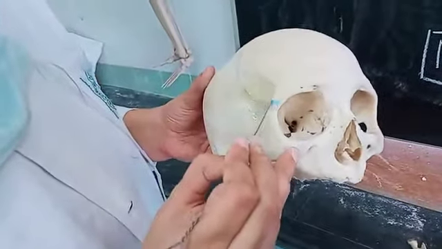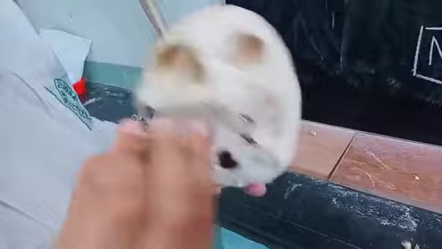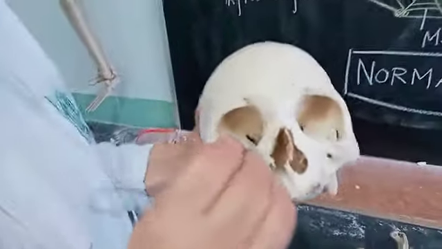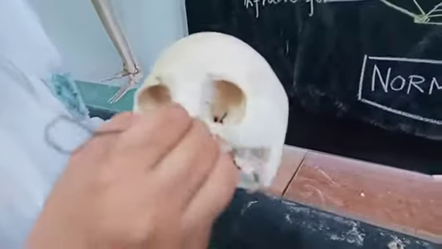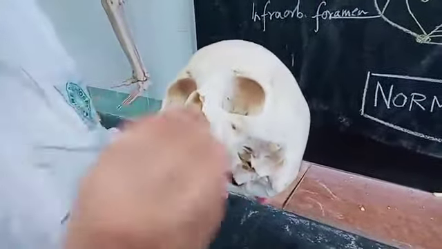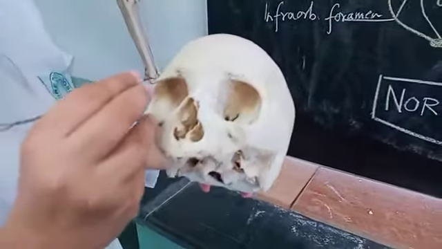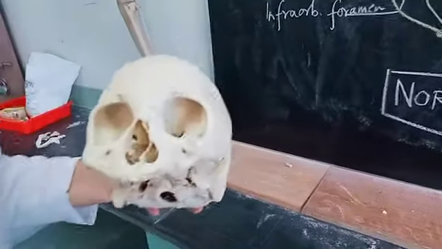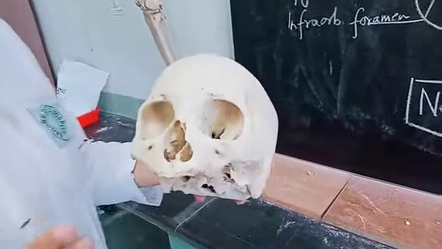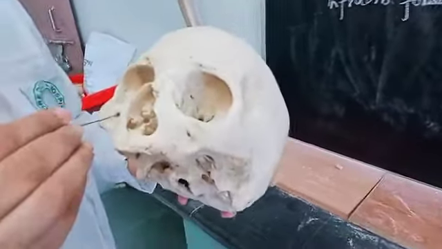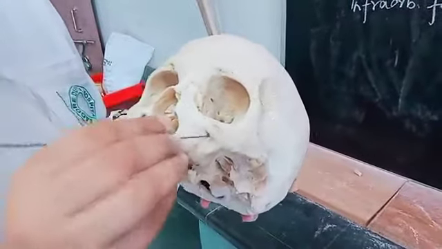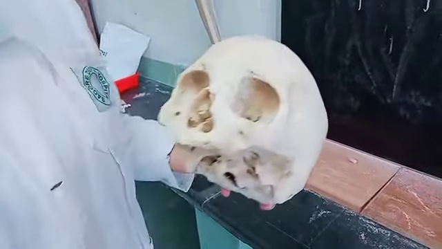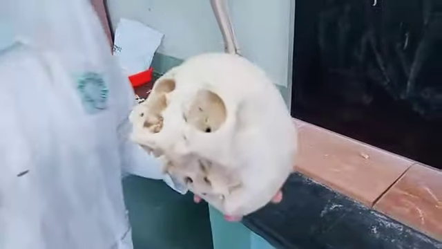This blue colored area, you see, is the frontozygomatic suture. This is the infraorbital margin, mostly formed by the maxilla. Medial to this supraorbital margin, you will find the supratrochlear notch, transmitting the supratrochlear vessels and nerves. 1 centimeter below this infraorbital margin, you will find the infraorbital foramen, transmitting the infraorbital vessels and nerves.